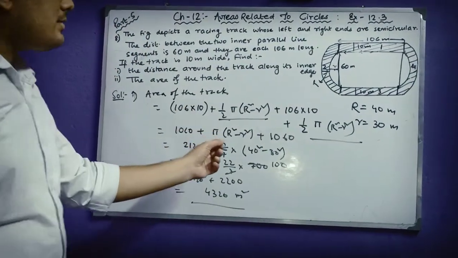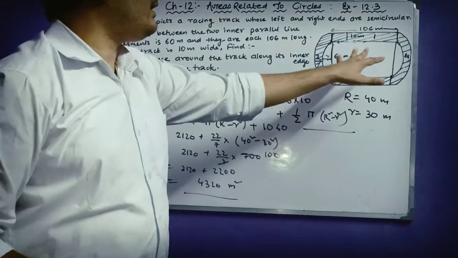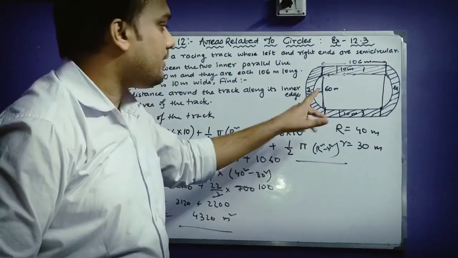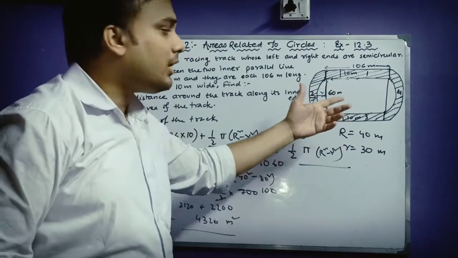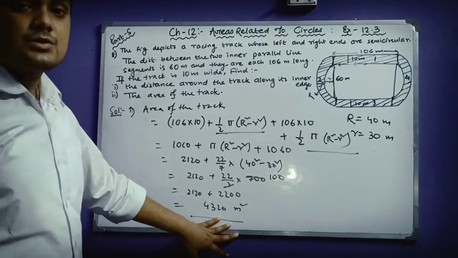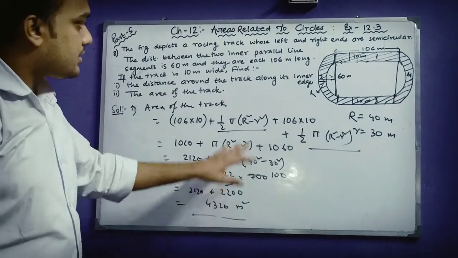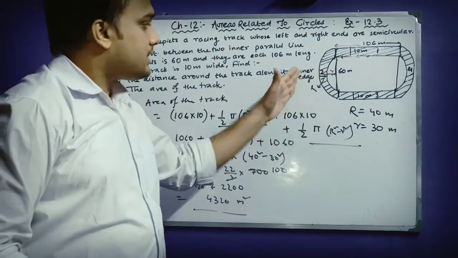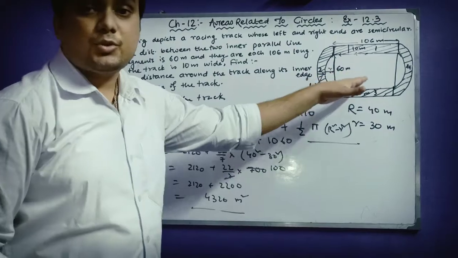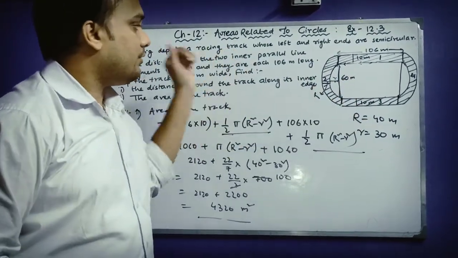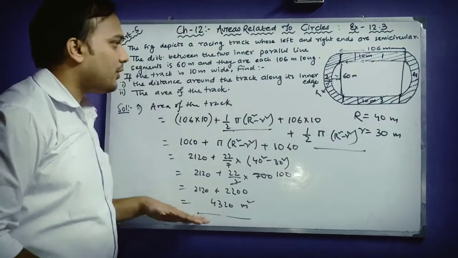So it's very easy to calculate just by looking at the figure and dividing the complete track into 4 different portions, then evaluating the area of each portion with their respective formulas, and finally adding all of those. We can get the area of the track here, which equals 4320 meter square. This question is very important in the sense that it contains not only the circular region but the rectangular portion also. So the concepts of both areas are included in the same question itself. Okay, so I hope you have understood how we have solved this. Let us move on to our next question.